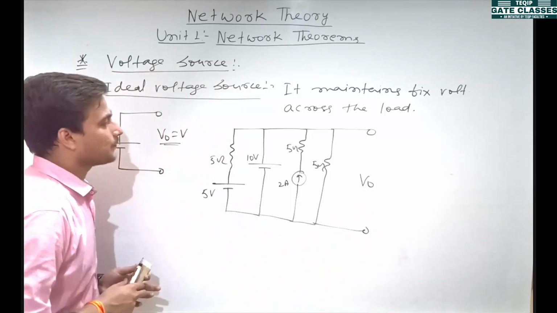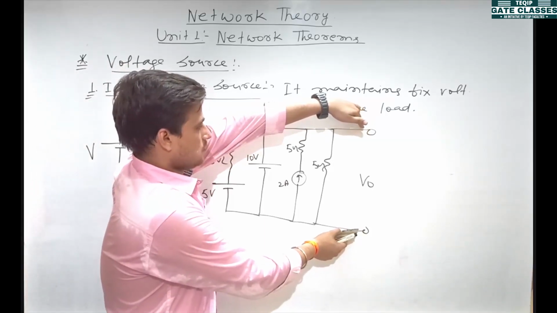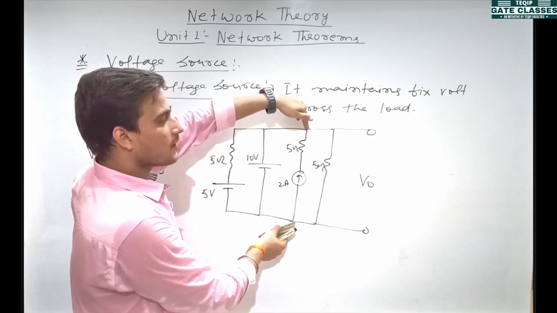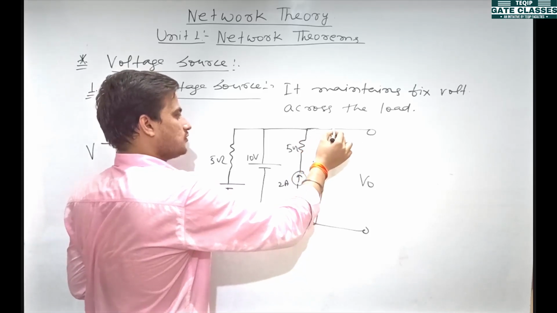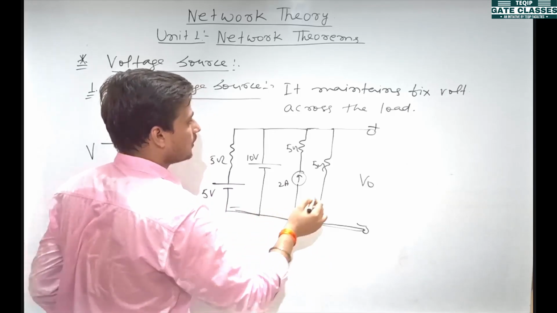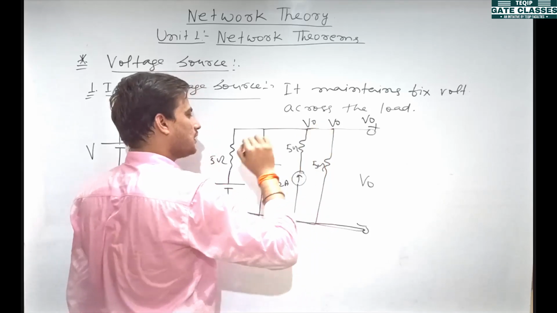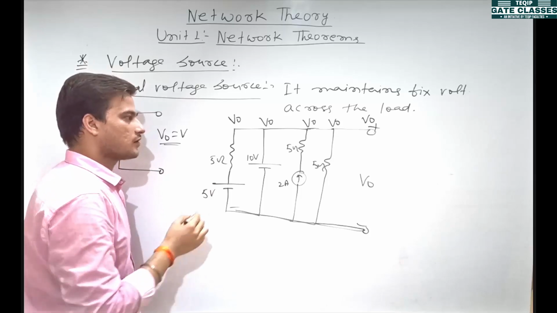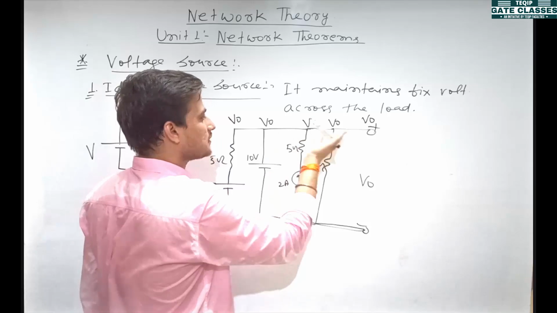You see, this is the pair of terminals. Come to this point, and again to this point. You are not getting any resistance, which means the potential of this point is also V0. Suppose this is plus minus V0, and this is the ground terminal. At all the points the potential will be V0 because there is no resistance in series.